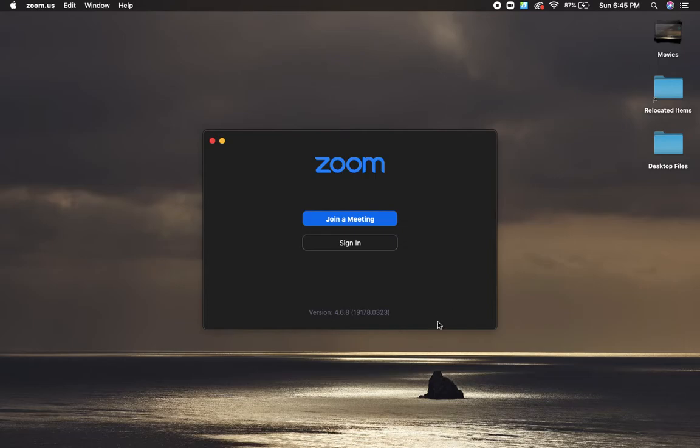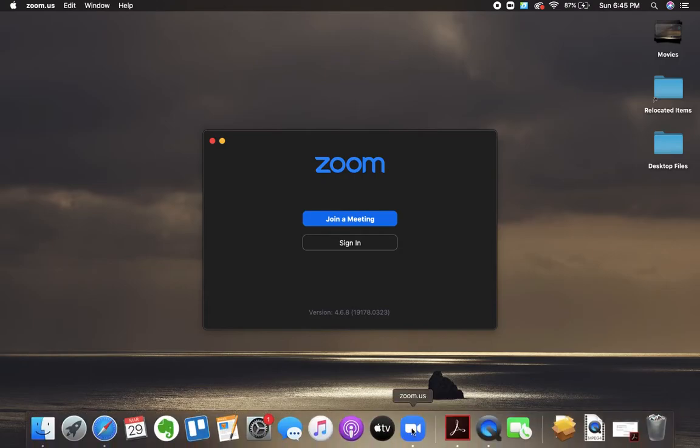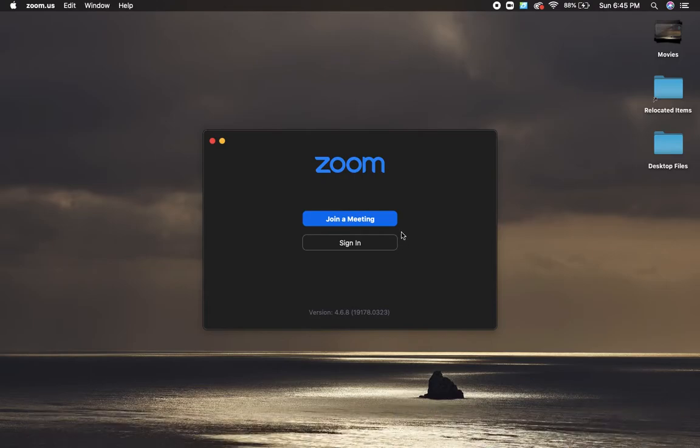And now you're ready. So this is what should pop up on a Mac as soon as you click to open your Zoom app. And you have two options, to join a meeting or to sign in. So the first really important thing to say is that you never need to sign in. You don't have to even have an account with Zoom in order to participate in any of the meetings that